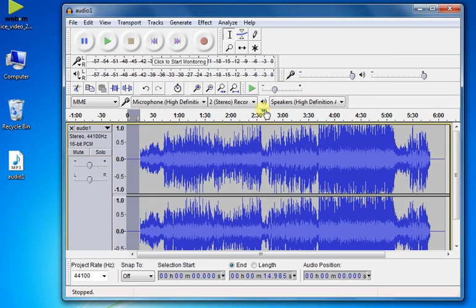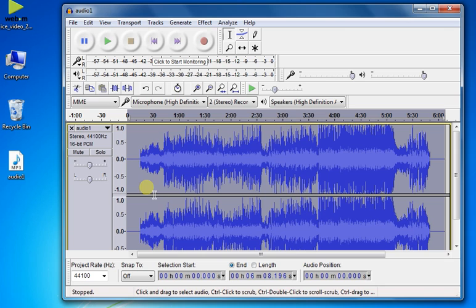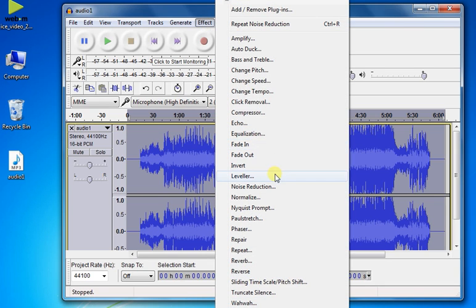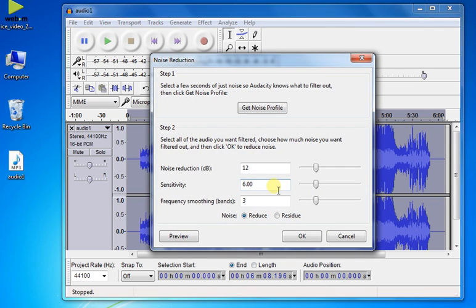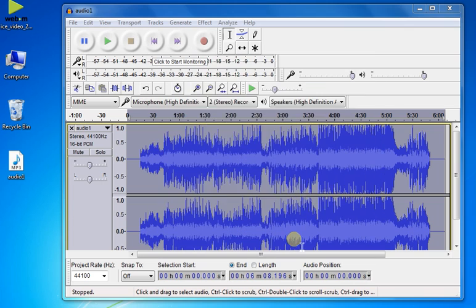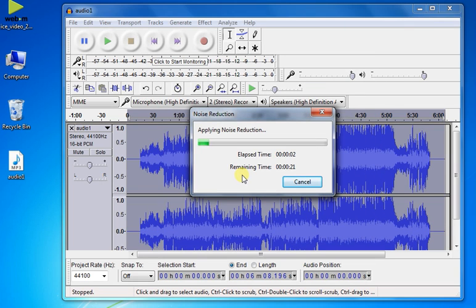I simply click on get noise profile. Again I select the entire track, I click on effect, again click on noise reduction. This is the step 2, so I simply reduce and click on OK. Each process takes a few seconds of time to load, so we'll wait for that particular time.